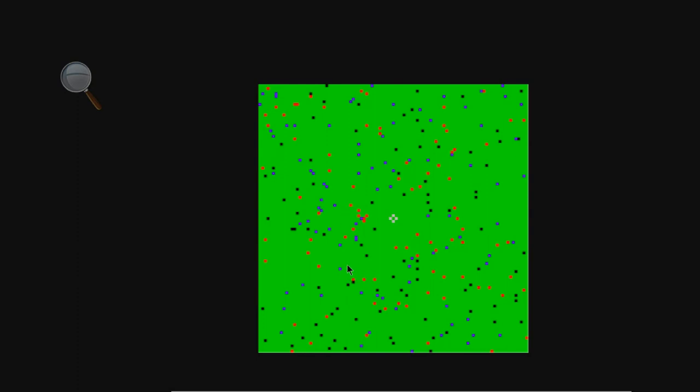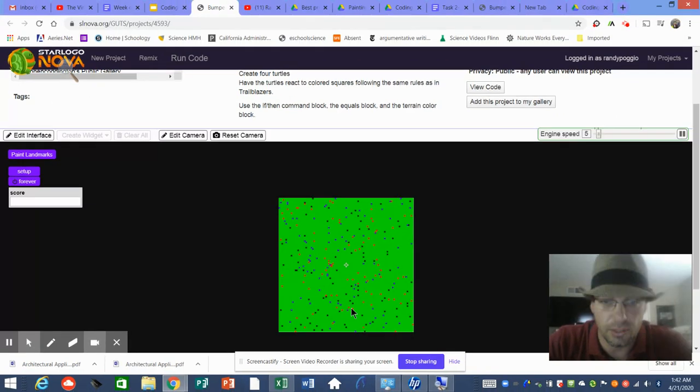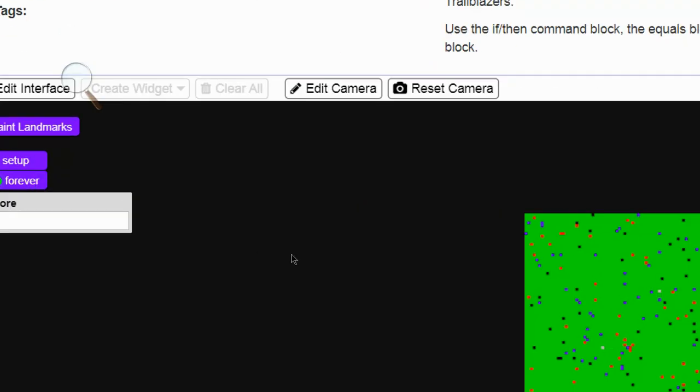One's going to go straight up, one's going to go down, one's going to go right, one's going to go left. And at this point in time, I've not told the turtles, the white agents here, to respond to their environment. So they're just going to keep going. So when I hit forever and I zoom back in, you'll see